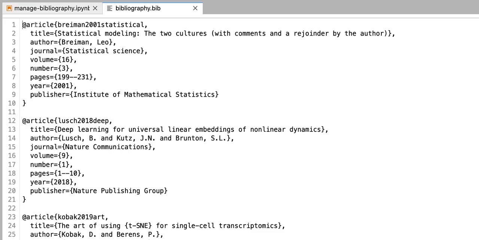Now you can see that the entry type is always printed between this @ symbol and this left curly bracket